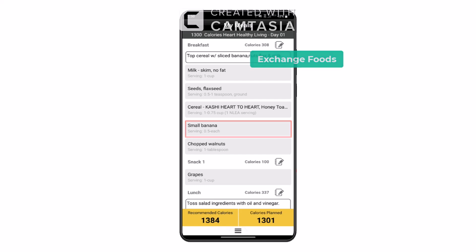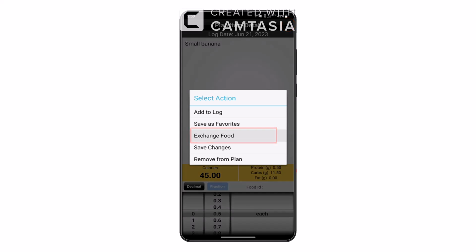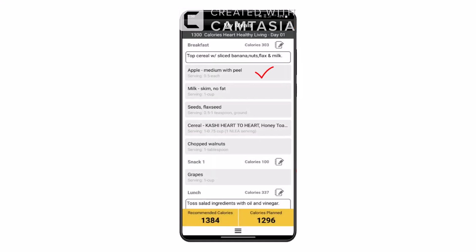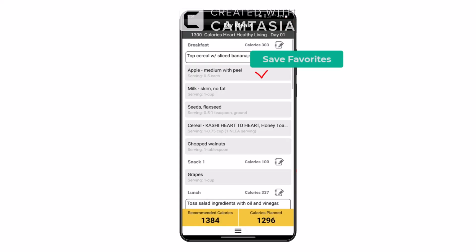by touching any of the foods appearing in the mealtime, touching the icon in the top right corner, then selecting Exchange, then picking the food in the same corresponding food group. We can also use the menu in the top right corner to access other menu items, including Save as Favorites